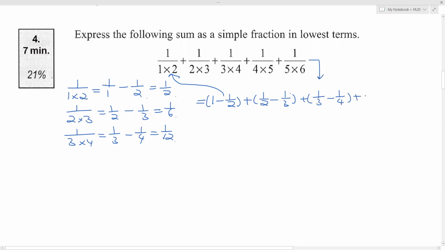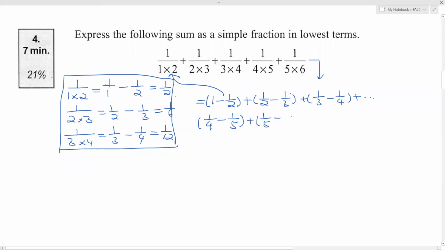Let me shift this. I'm going to frame this up so that we don't cross the borders here. And then it becomes 1/4 minus 1/5, 1/5 minus 1/6. So when you get rid of the parentheses, again, guys, if the sign before the parentheses is a plus sign, you don't do anything. You pretend the parentheses don't exist. You just keep writing down and getting rid of the parentheses. So the whole thing becomes,